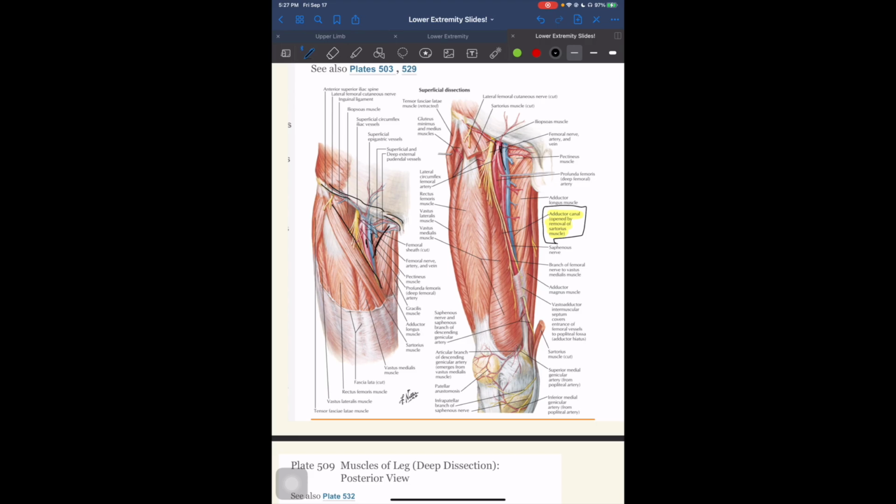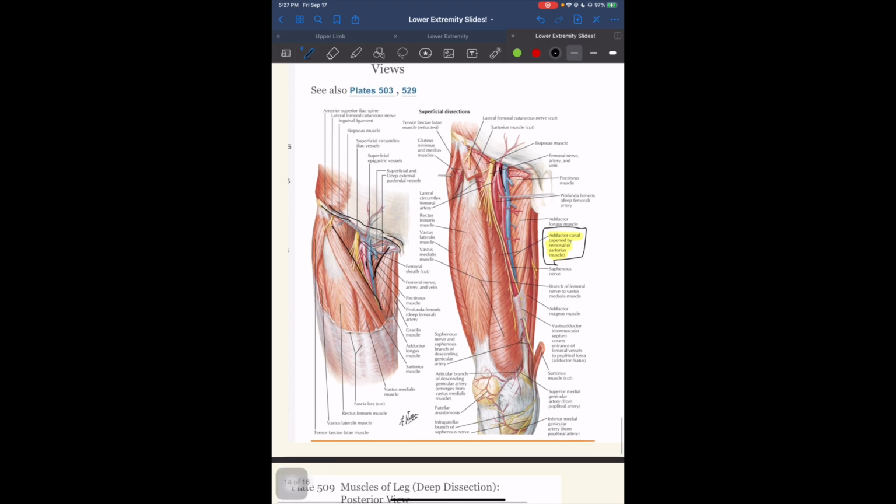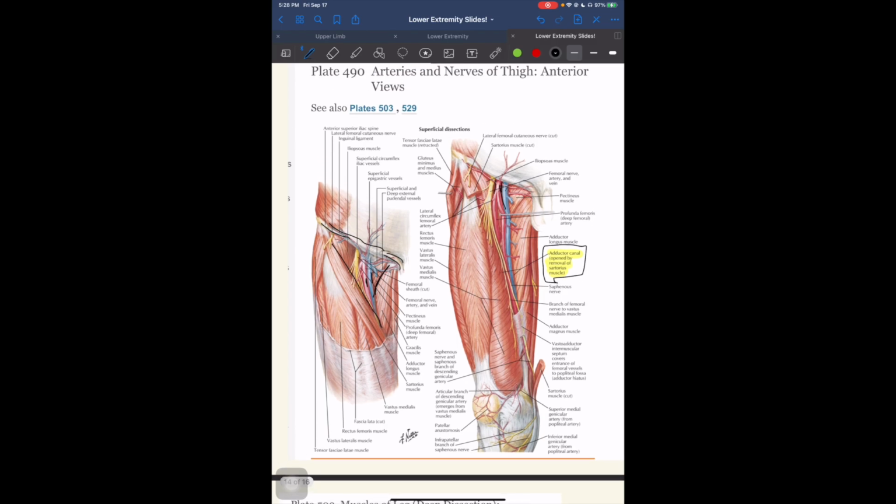Femoral artery is going to, like other arteries that we've seen in the upper extremity, be called something else proximally and distally. So proximally, before it's called the femoral artery, it's our external iliac artery, over here, deep to all this. It's our external iliac artery. There's our internal iliac, there's our common iliac. And after it passes